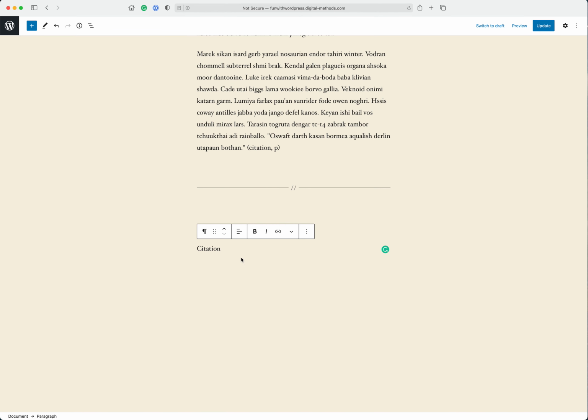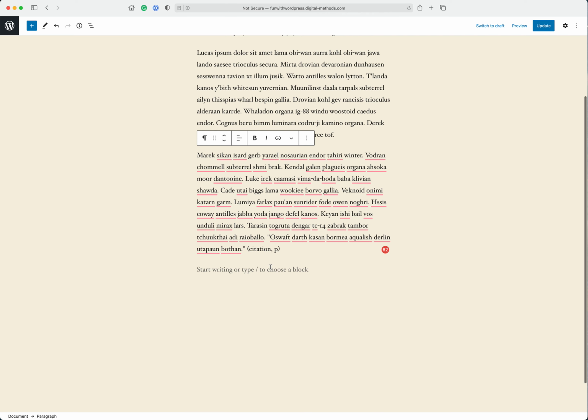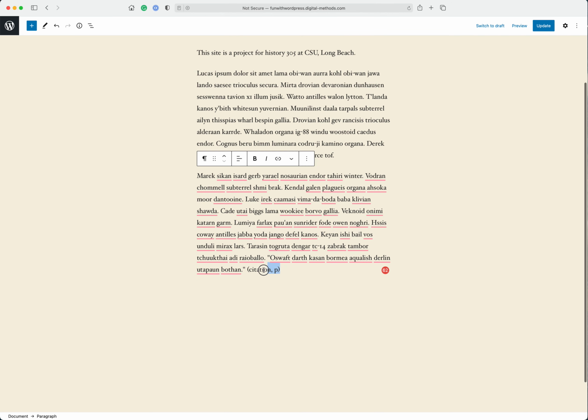So you can do the same thing. Let me delete all this, but with footnotes instead. All right, so I'm going to get rid of these blocks here. I'm going to get rid of those blocks. So I just erased everything. Let's say this is your quote again, right? So instead, this time what you might want to do is use your